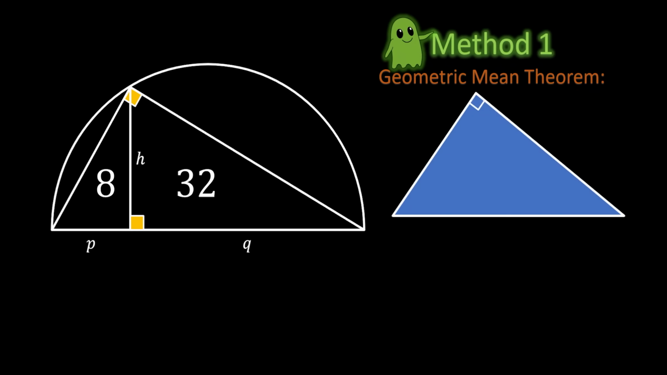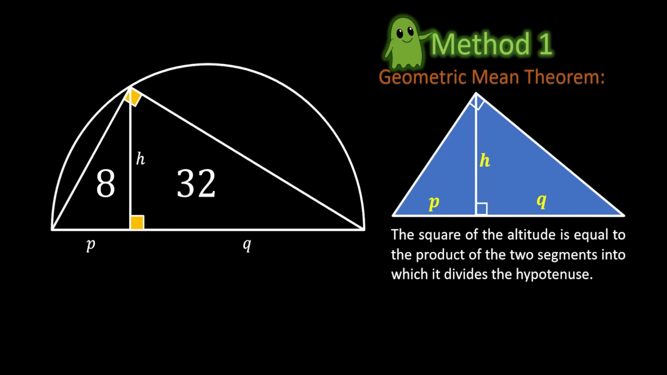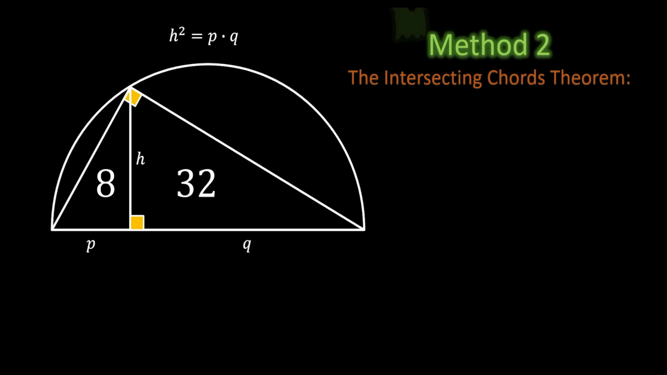This theorem states that if we have a right-angled triangle with the height h and the segments p and q, we can say that the square of the altitude is equal to the product of the 2 segments into which it divides the hypotenuse. And as you can see, this is exactly our case on our sketch. Of course, if you don't know the geometric mean theorem, you can always use method number 2, which uses